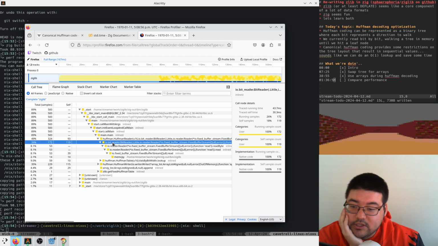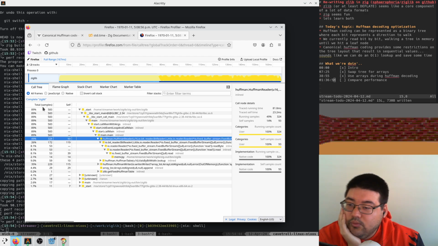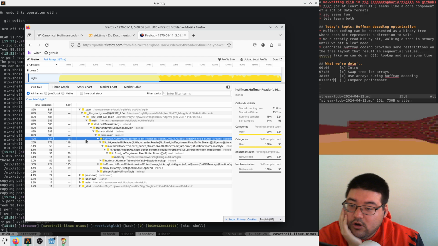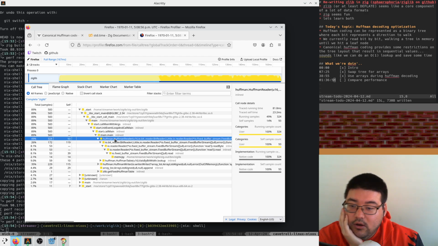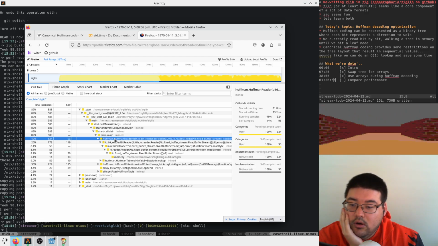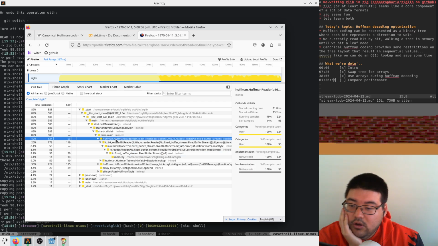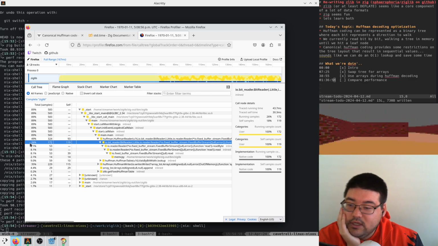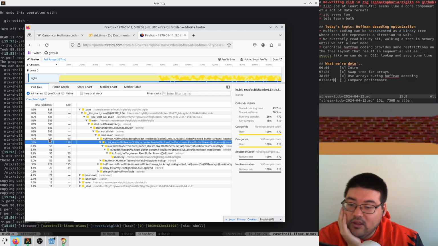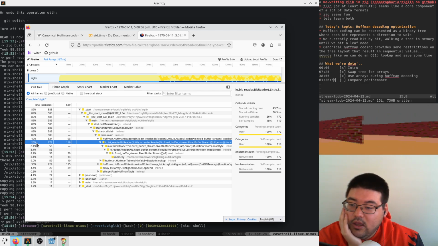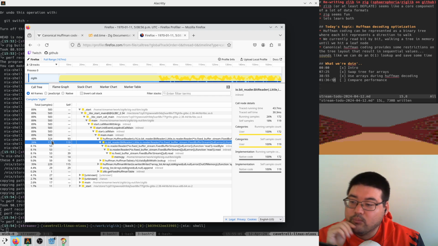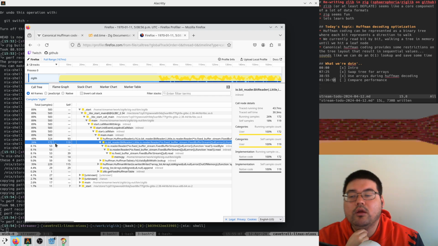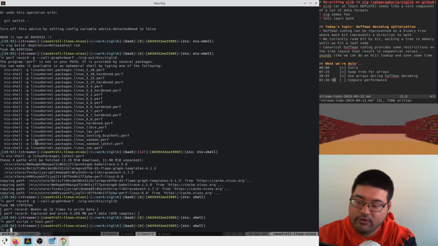Yeah, so that's interesting. Self 39 in Huffman reader. So we're seeing about 25% of the time in the Huffman reader and around 25% of the time in the bit reader. Okay. And on the old version,